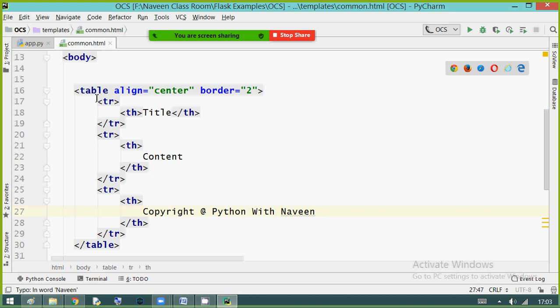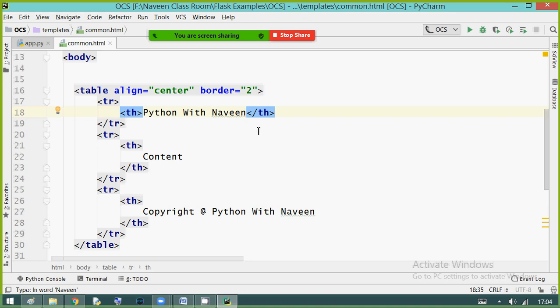Now this is my basic part. I need a title, so I am designing the title. Title also I am giving like Python with Naveen.